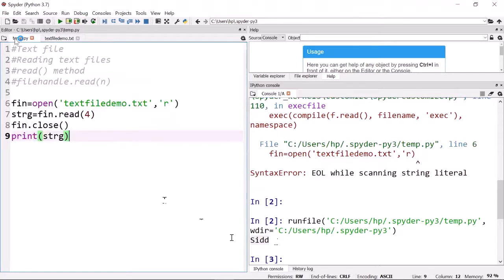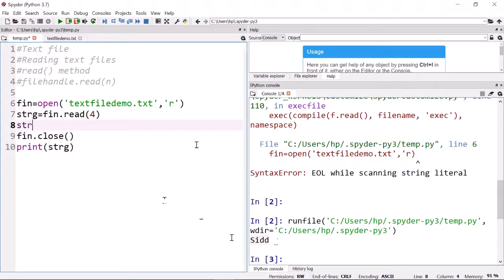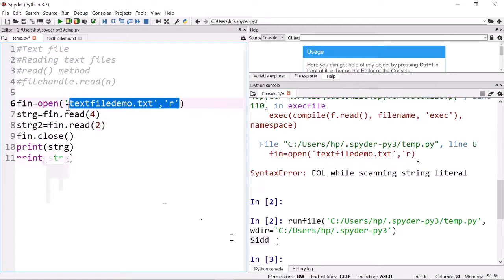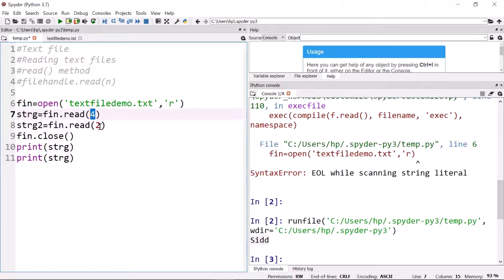All right. Now, suppose after reading this, I read in another string variable, say 2 more characters. If we print this, please remember, we are running the program once again fresh. So when this read mode works, it will open this file from the beginning. So this is the first 4 characters, then the next 2 characters.